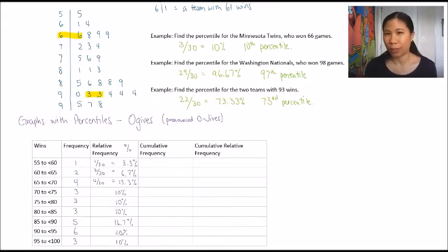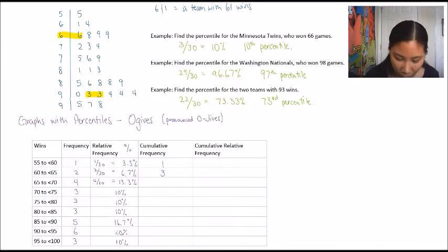Cumulative frequency just means we're going to keep adding, for each row, what was before it. So that's why it's cumulative, and we're looking at the frequency column. So for cumulative frequency, we always start off with the frequency we started with, which was 1. Then for the next row, we're adding the 1 that we had with the 2. So now cumulatively, basically from 55 all the way up to 65, not including the 65, there have been 3